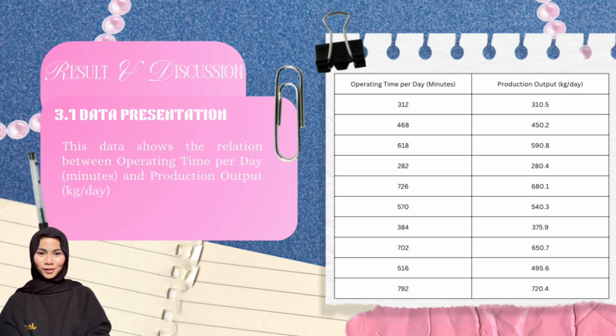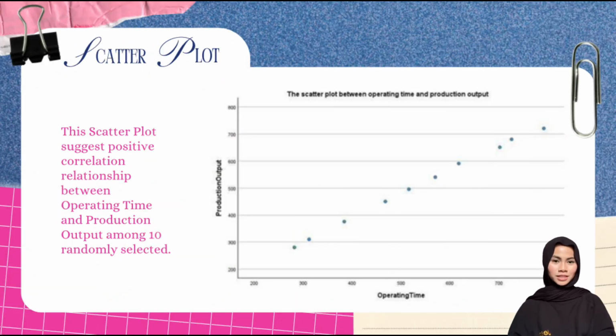For this study, we collected data on operating time per day in minutes and production output in kilograms per day from 10 randomly selected observations. The data is used to examine the relationship between operating time and production output. This scatter plot shows a positive relationship between operating time and production output. Each point on the graph represents one observation from our data. As operating time increased, production output also increased, and the points form a strong linear pattern indicating a very strong